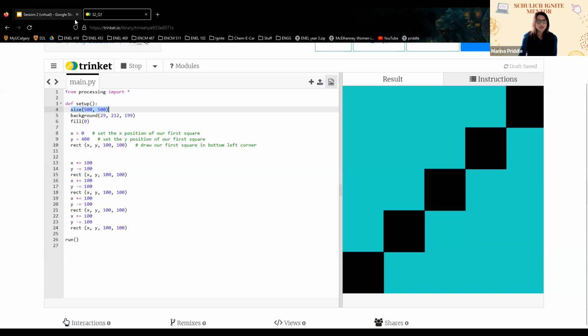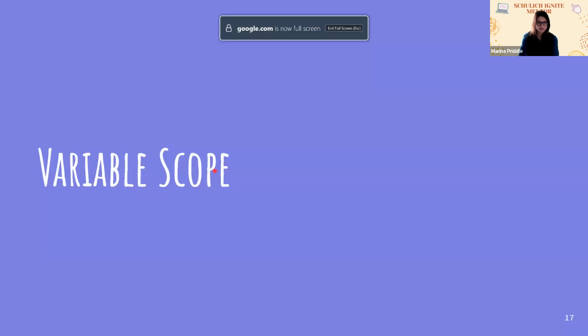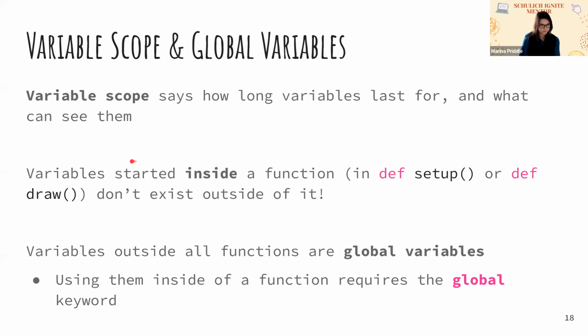Okay, so we are going to move on to our next set of slides. We're going to talk about variable scope, and global variables. Variable scope says how long variables last for and what can see them. And by what can see them,